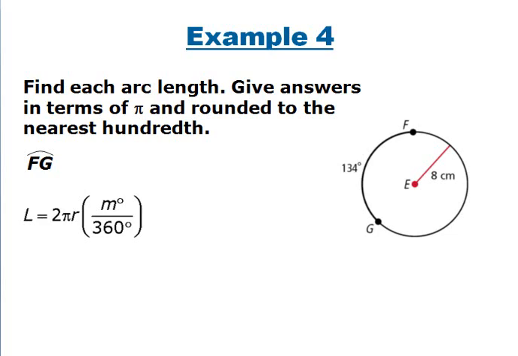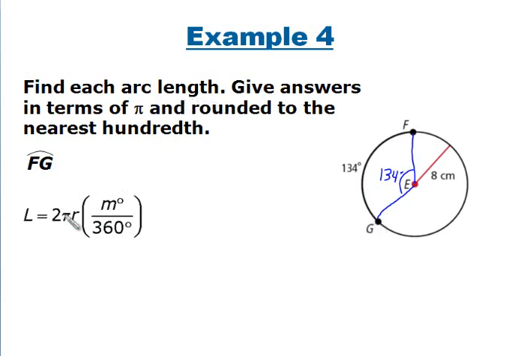So here in example 4, they're asking us to find each arc length and to give our answers in terms of pi and round it to the nearest hundredth. We'll just do the pi. So they want the arc length of arc FG. Now if we were to connect this right here, if this is 134, we also know that this is 134 degrees. Okay, so your central angle and your arc angle are the same,